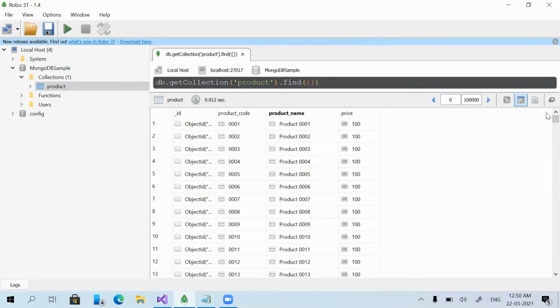Now let us see how we can fetch the data in a more efficient way. Why I am saying more efficient is, just imagine you have millions or billions of records in your collection.